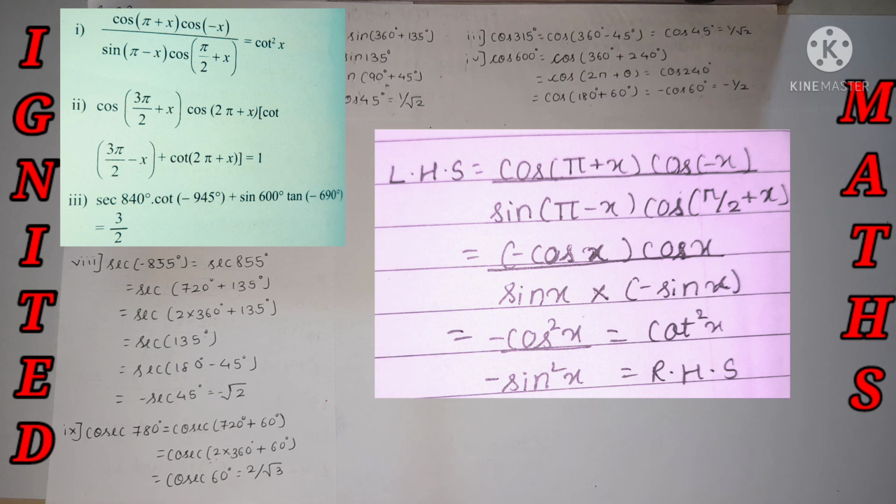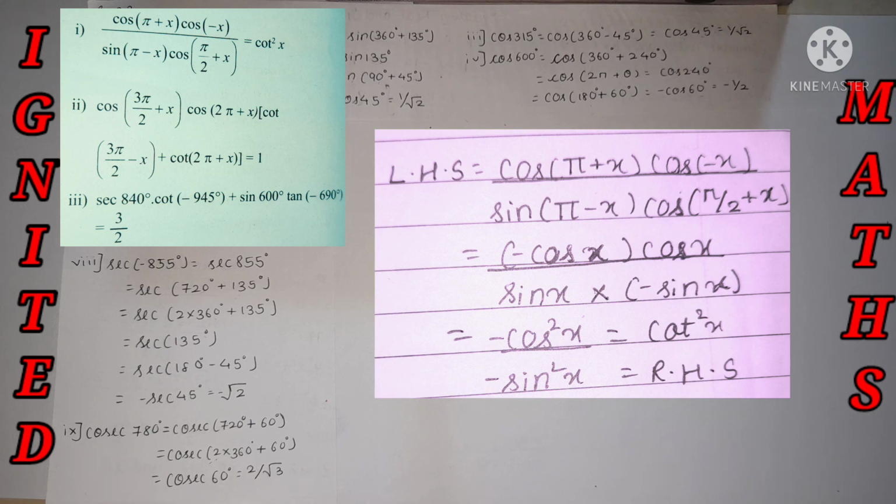Over here the numerator and denominator values are given: cos(π + θ), cos(−θ), cos(π − θ), cos(π/2 + θ). By the allied angles just put the values as they are, and it will give the form cos²θ divided by sin²θ. So cos θ divided by sin θ is nothing but cot θ. Over here the square is included, so cot²θ. The procedure is absolutely the same as we have done for the second sub question. Please try it, and don't forget to comment.